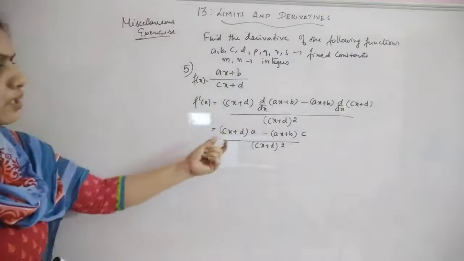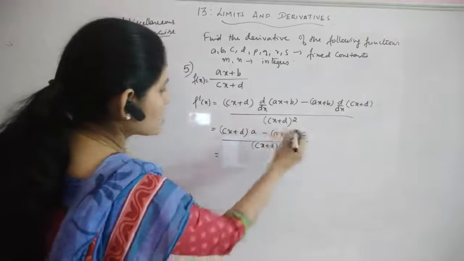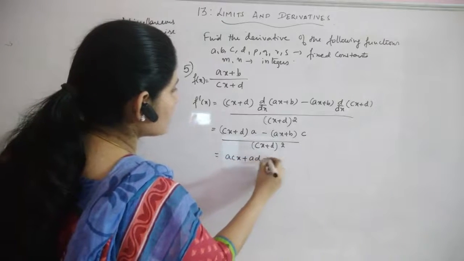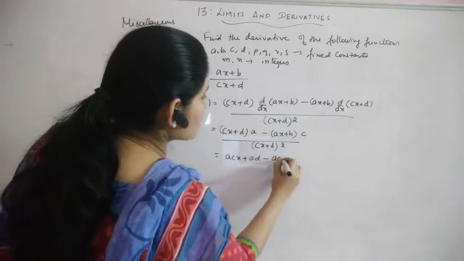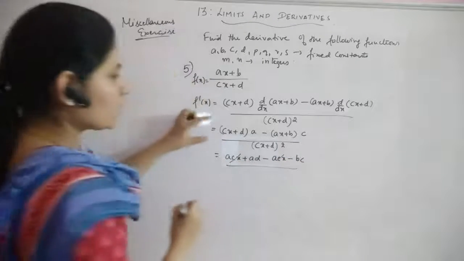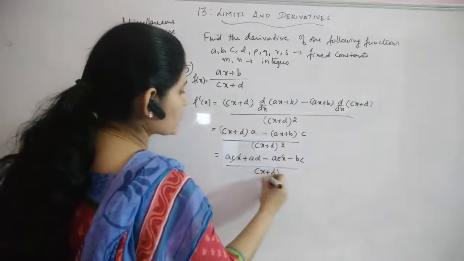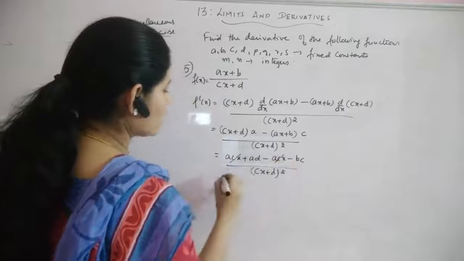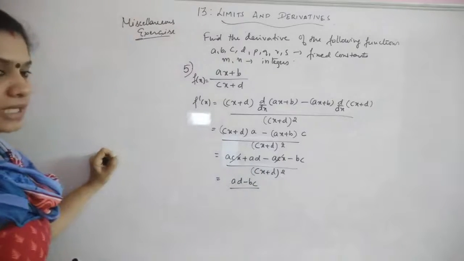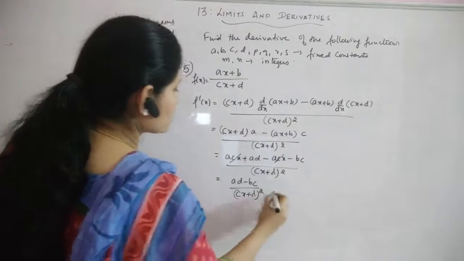Now again, if you want, you can just expand. Okay, you have a chance to get a cancellation for one term, so we'll expand it. acx plus ad minus, here you will get acx minus bc. So that this gets cancelled. If you can reduce the equation, you just simplify it. Otherwise, you can just keep it like that. Okay. So here we have a chance to cancel this. That's why we are writing, so that the numerator becomes ad minus bc divided by cx plus d the whole square.